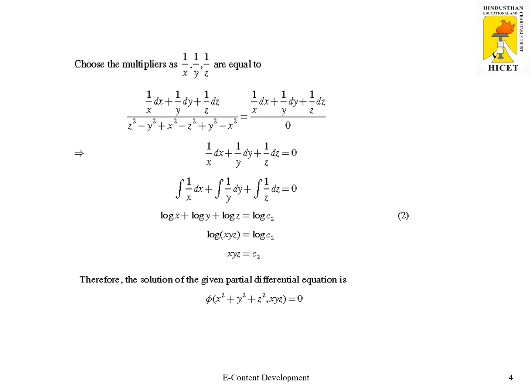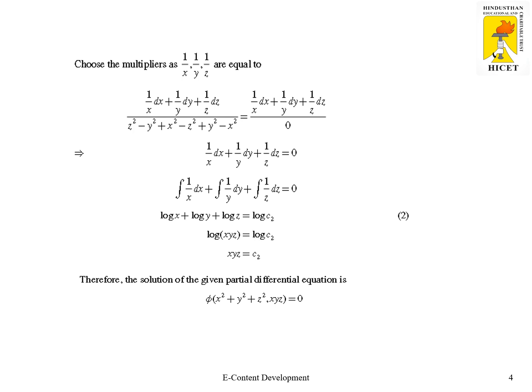Next, we'll try to find the other set of multipliers. Let us try with 1 by x, 1 by y, 1 by z. As in the previous case, the first term you multiply by 1 by x, the second term you multiply by 1 by y, the third term you multiply by 1 by z. Add it. So the numerator is 1 by x dx plus 1 by y dy plus 1 by z dz, and the denominator becomes 0. Hence, the other set of solution is the integral of the numerator, 1 by x dx plus 1 by y dy plus 1 by z dz, equal to 0.